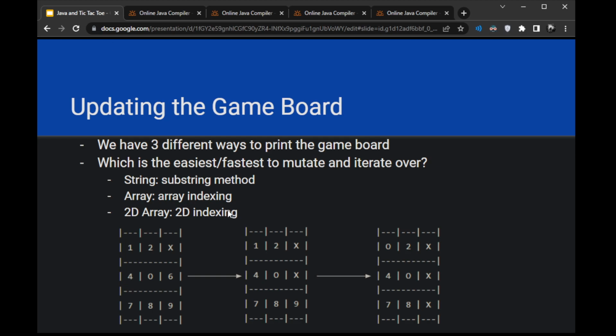Alright, so for our purposes, we want to print the game board, but we also want to be able to update it. Every time somebody makes a move in the game, we want to be able to change the value in whatever spot they pick. So since we have 3 different ways to print the game board, we'd have to use the same way to update it. So if you wanted to do string, you can just update the string, but if you also wanted to compare,